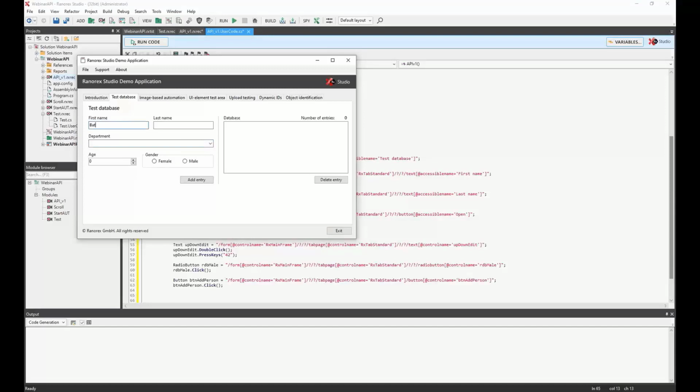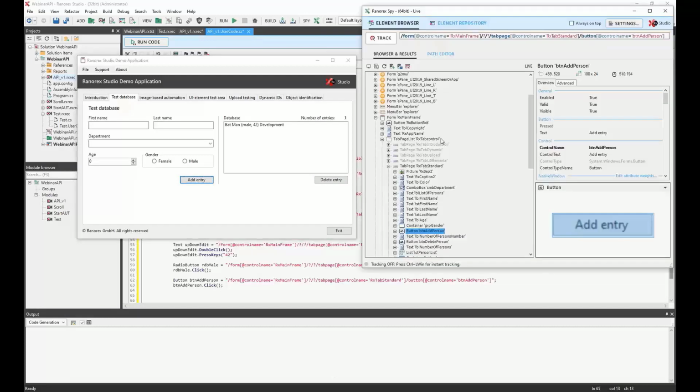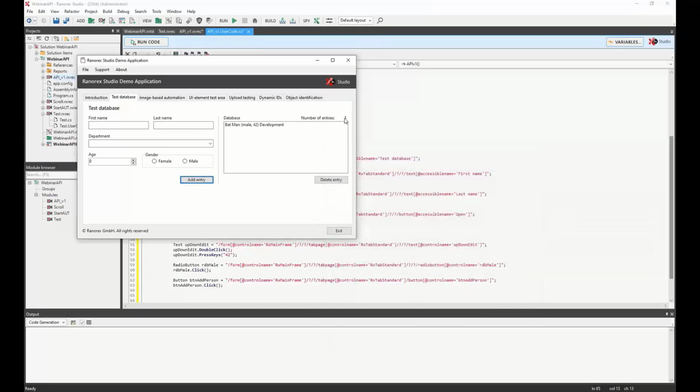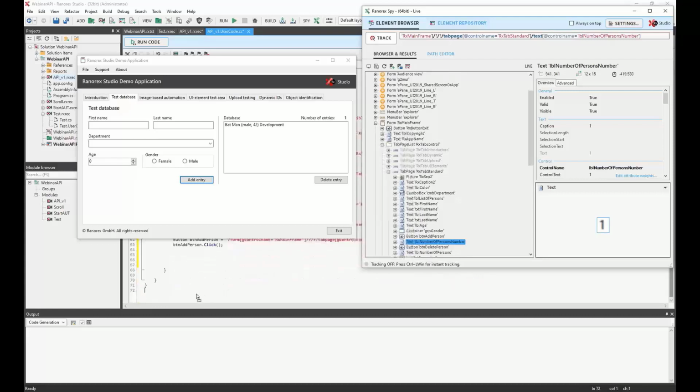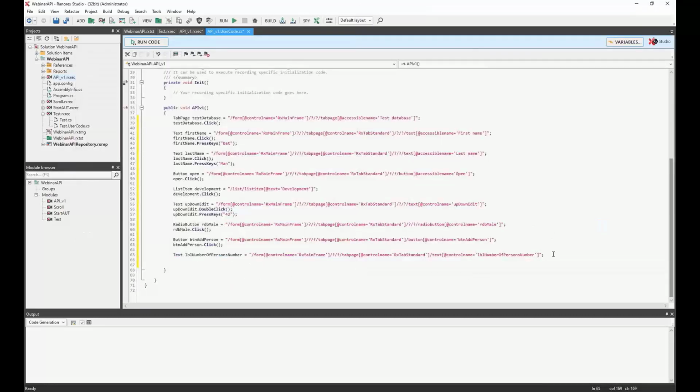add it all here. So Batman, department was the first one, 42, male, add entry, and then finally I'll click that, I'll validate, and we'll hit delete entry. Let's go back to spy, track. I'm gonna validate first. There we go. Okay, and then I'm gonna grab this, put it right there, and I want to validate, but this time,